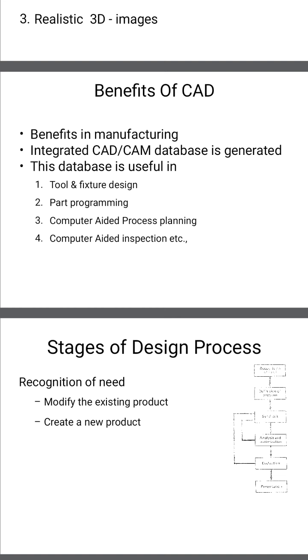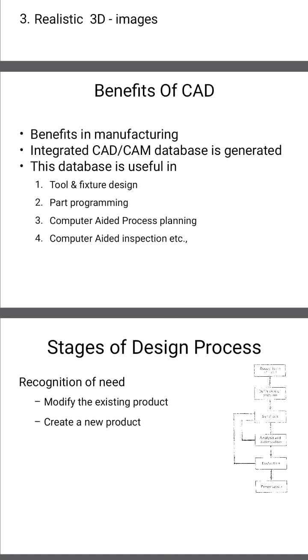Next, part programming. Programming also we can write to run the machine, like a lathe machine or milling machine. First we draw, then we see the manufacturing, then we see manual part programming for that. If it is successful in the manual part program, then we go to the manufacturing side and send these drawings. In computer programming, there we should write G codes and M codes, and write a program for that.